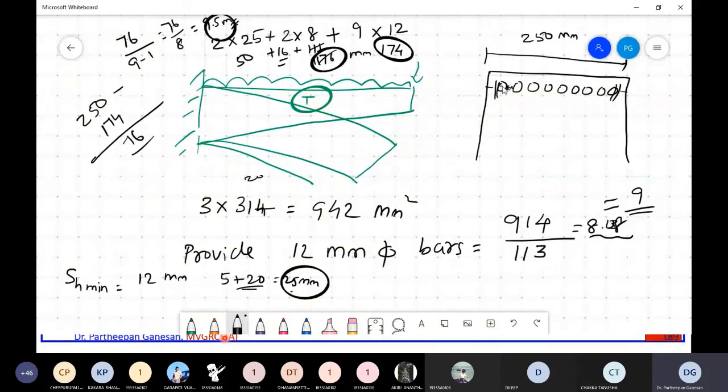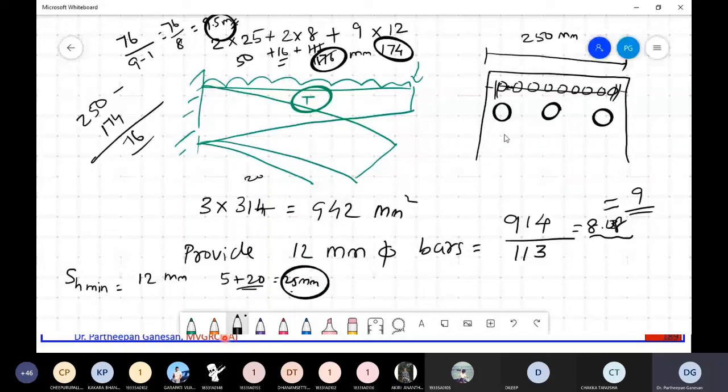What you have to do is provide 3 bars like this, the next 3 bars like this, another 3 bars like this. So I am providing all 9. Now you see I have plenty of space, and this spacing will be equal. Is it clear that you cannot provide all 9 in one layer? Anybody having any doubt? It is a calculation.